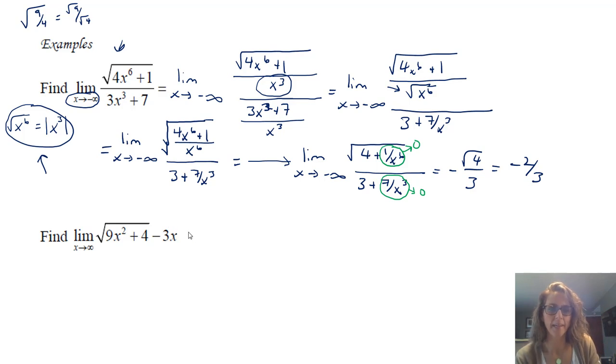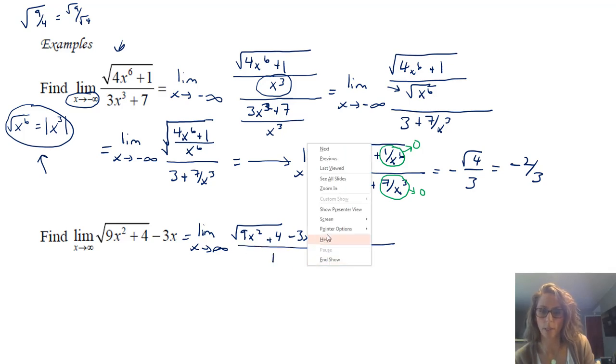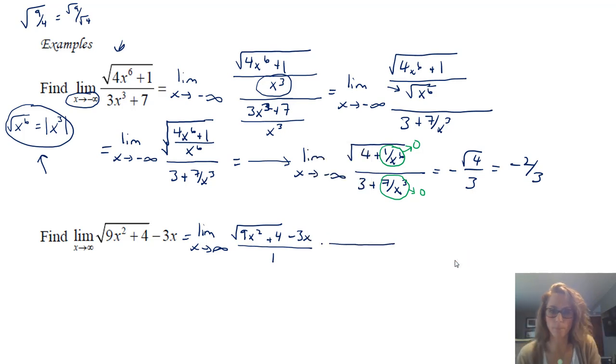Now next is the limit as x goes to infinity here of something with a square root. So you probably will not be surprised to find out that one of our very common tricks with this is to take what we have and multiply it by a conjugate. But we do have to pay attention to the fact that if I'm going to multiply it by its conjugate, that's going to be a numerator and denominator. And this doesn't have a numerator and denominator right now. So I'm going to have to give it a denominator so that I can see where I'm putting this multiplication by 1.